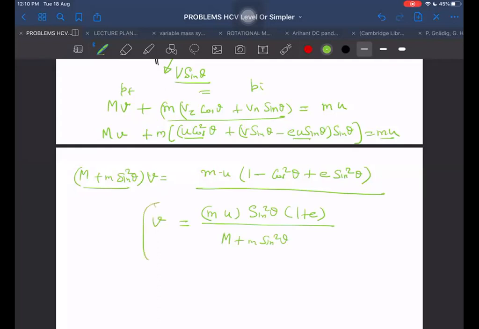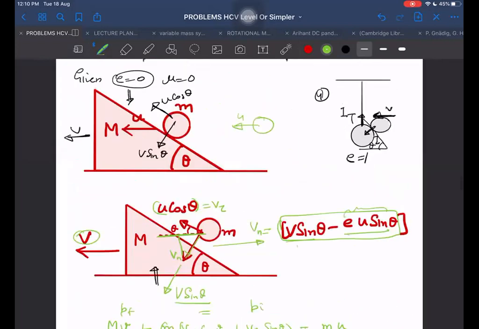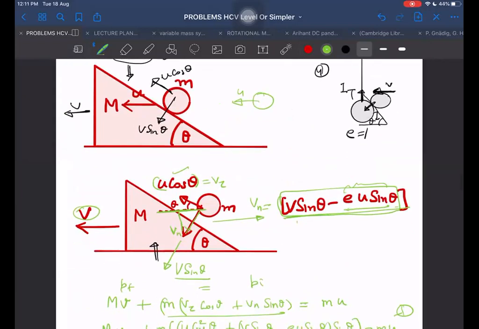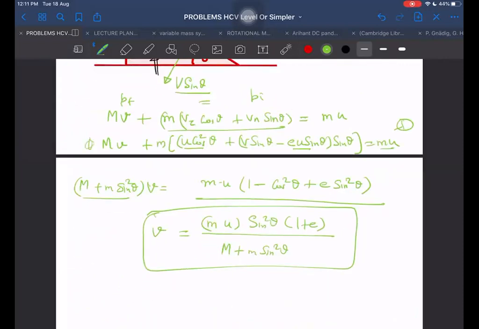See, we did it in just one step. But to be able to do it in one step, you should be able to write it properly first. V sin theta minus e into u sin theta, and that side you should be able to do it as u cos theta. So this thing you will do in the diagram only. And when you start writing the equation, you will write just one equation. There only you will get the answer. So it is a one step answer only, a very quick answer, very fast answer.